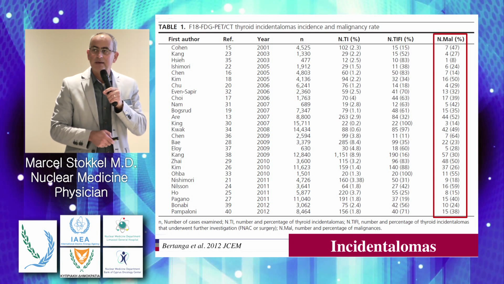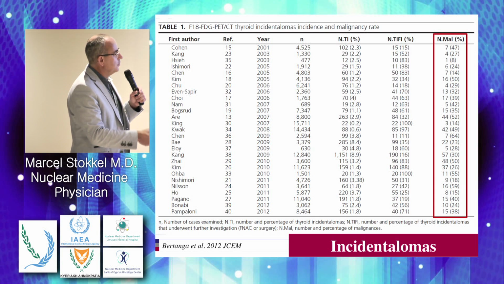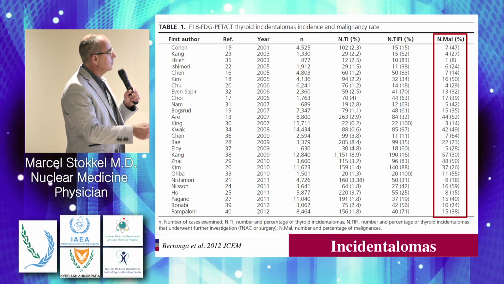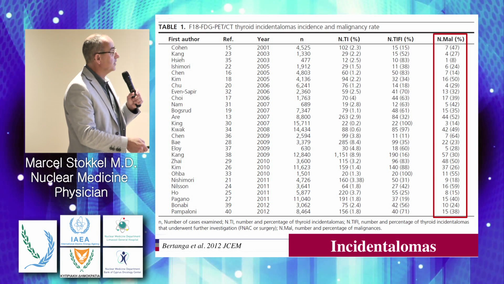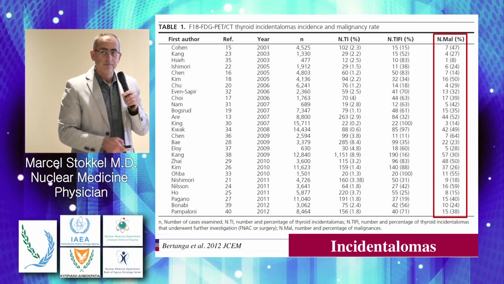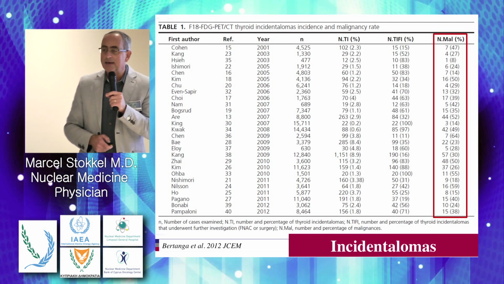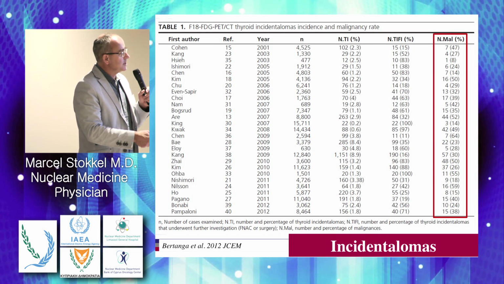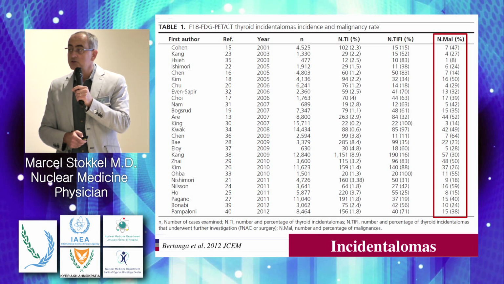And why not to be neglected? Well, you can see that here at the end. The number of incidental lomas in all these papers ranges from 1, 2, up to 9%. So it is really an incidental loma with not a very high incidence rate. But what you can see from this is that 30 to 50% of the incidental lomas turned out to be